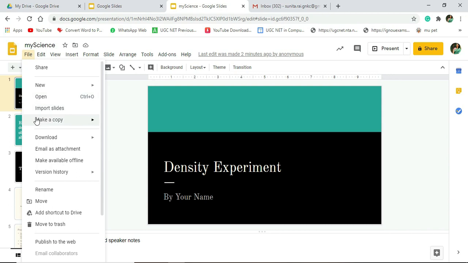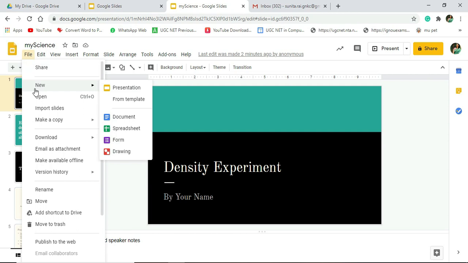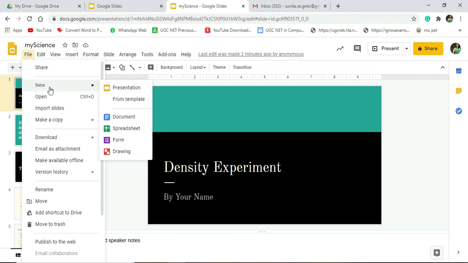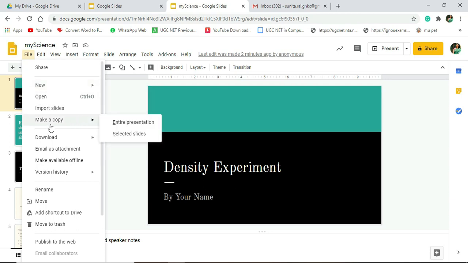Now let me show you one by one. The new option is used for creating any blank presentation or any Google Slides doc. Then make a copy is used for making a copy of your entire presentation or of a selected presentation. Import slide is used for saving a copy of your presentation.